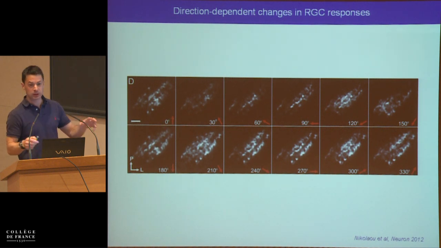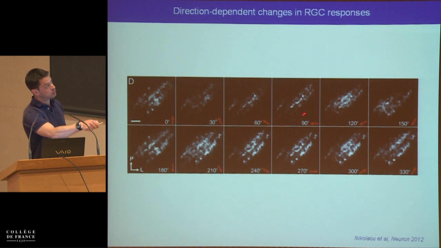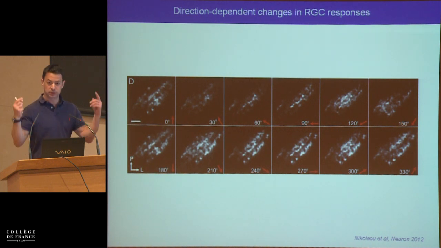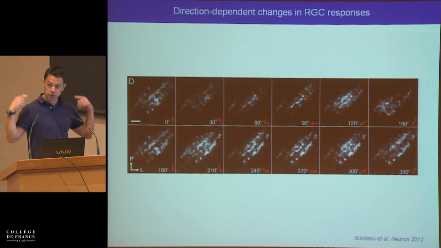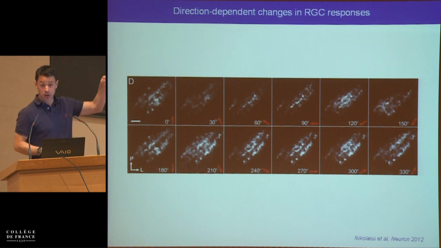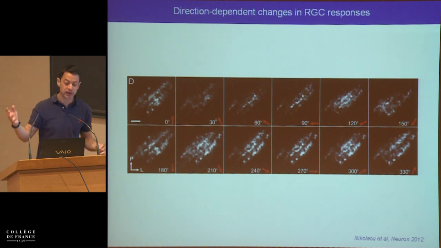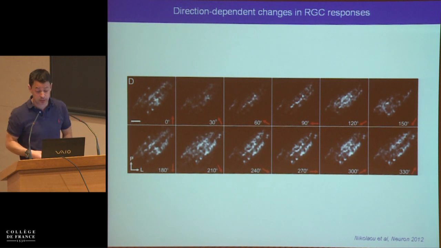What you can see from this is very clear direction-dependent changes in the pattern of responses in the axons going to the tectum. So when the bars drift at 90 degrees, which for the fish would be head to tail, we get really nice responses in the axons terminating in the middle of the tectal neuropil. But as soon as we get any forward component to the motion, now we start to get axons targeting more superficial parts of the tectum lighting up. So this is just qualitative evidence that yes, the zebrafish may indeed have these direction selective motion detectors, but obviously